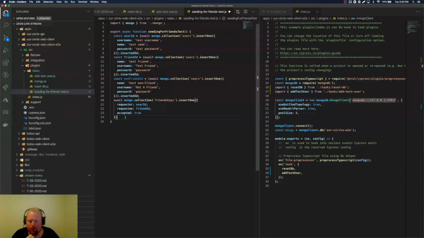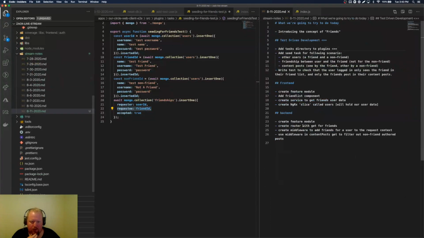So we won't get to this part today, I don't think. But we will eventually get to requesting adding a friend and accepting a friend request and that kind of stuff. So that's where the requester and the requestee comes into play. So thinking ahead a little bit, we're going to want to at some point create some middleware on our back end, something that we can use for our content posts, for example, where we'll just put in some middleware to add to the request context all the friends that a certain user has. And so the way we'll figure out who all of that person's friends are is we'll check this